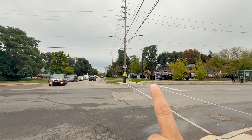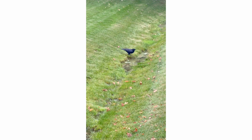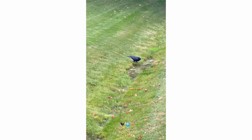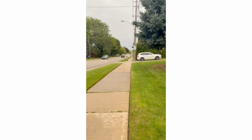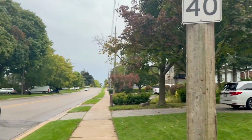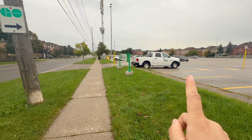So I'm gonna keep walking south that way. This neighborhood has all these little cute bungalow houses. I took off my socks because I'm out of the woods. So I'm still walking down the street. So I made it almost to the end of East Street here, the Rouge Hill station parking, and then there's